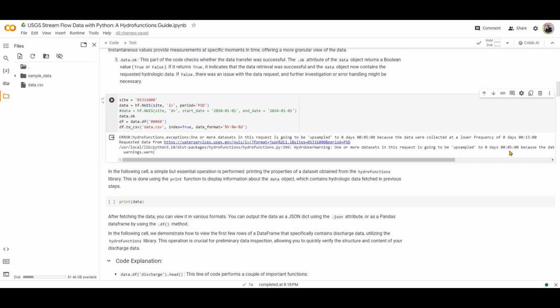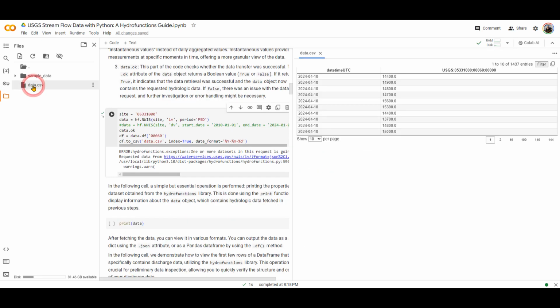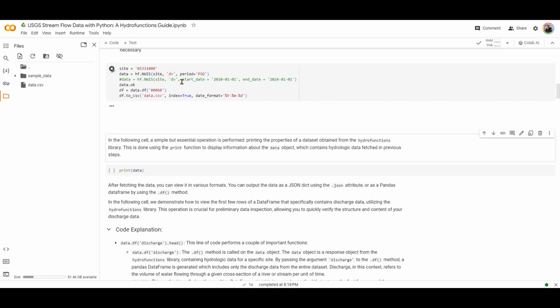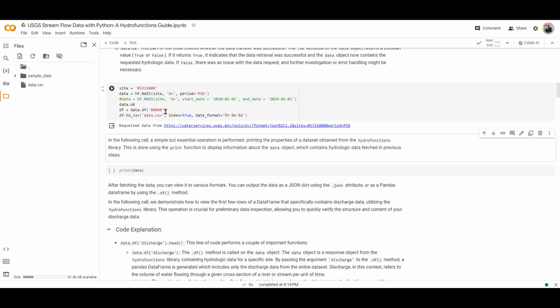Oh, okay, so this is essentially a warning. It's about the sampling of the data that is available. So essentially, if I run this again, you can see that right now I have multiple pages, because for every 5 minutes, I have essentially data right over here, okay? Now, if I turn back to daily value, okay, and run it,